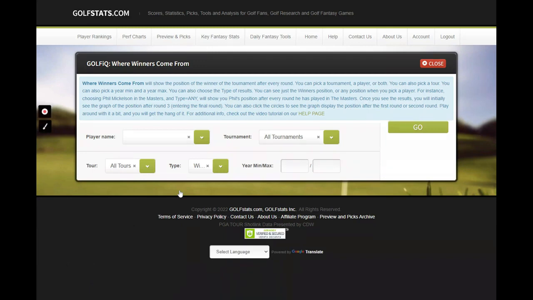So Where Winners Come From is, I think, one of the most interesting tools on GolfStats, one of my favorites, and it lets you see the position of players who win tournaments, and has a few other little tricks in there as well. So I'm going to start by just showing you